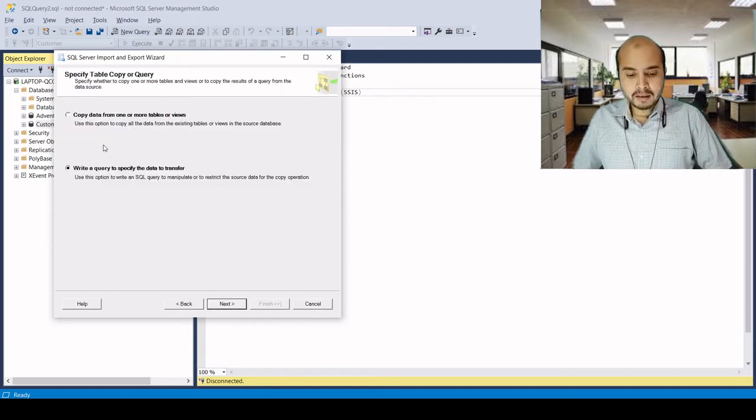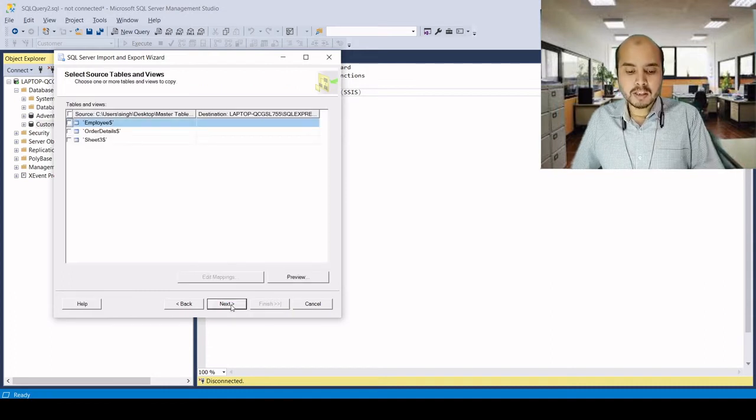So I'll go back. I need all the data which exists in the Excel file. Here there are 3 sheets in the Excel file. Number 1 is the employee sheet, number 2 is order detail, and number 3 is sheet 3. So it's up to you how many sheets you need in SQL Server. These sheets will be converted into tables.